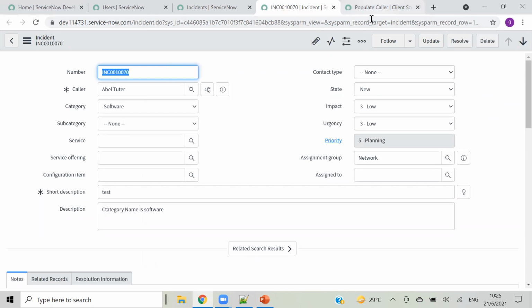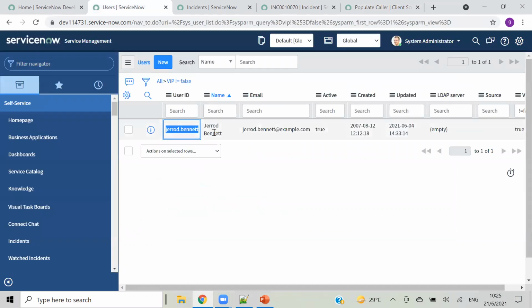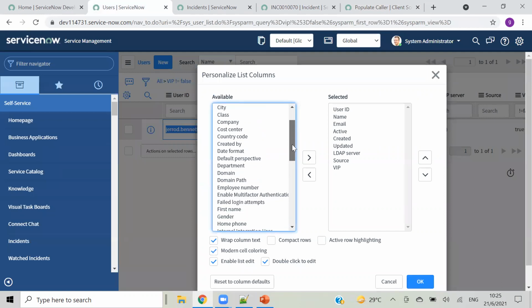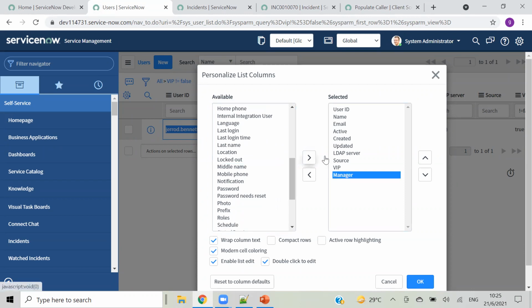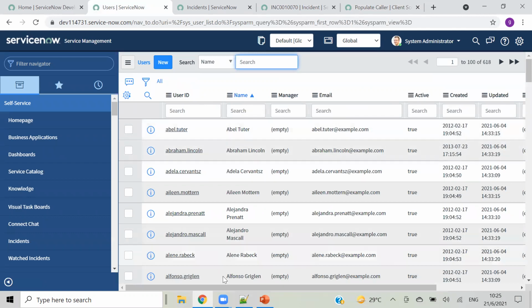In the same way, we call this dot walking, like some variable dot email. In the same way, I can access his name, all the things, like his manager also. In some cases, we will need the user's manager. So we have that field here, right? Manager, yeah. So who is the manager of our Able Tutor? Let's check that here. Able Tutor's manager. Okay, this person doesn't have any manager.